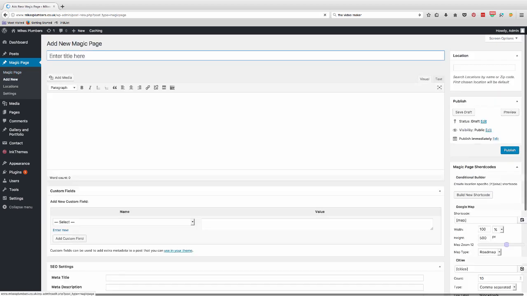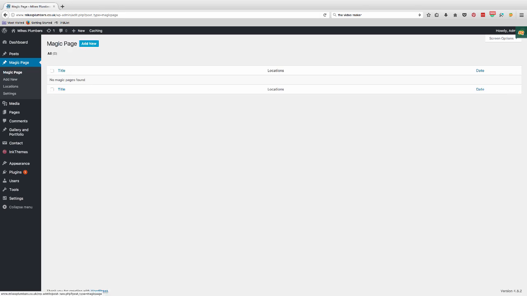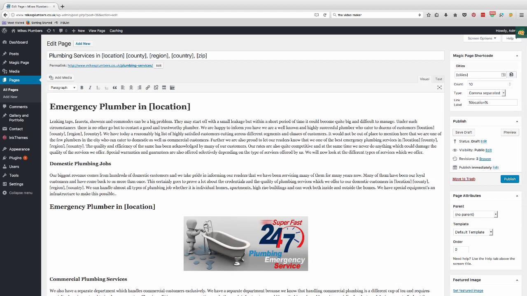So in here, you go into add new. In fact, if you click on the Magic Page section here, you add it exactly like you do any other page or post. Now you can only add one per site. We've done that so you don't kill your website. Now I've pre-written the page content for this one. Now the reason I've done that is you don't want to be sat on the video for 3 hours while